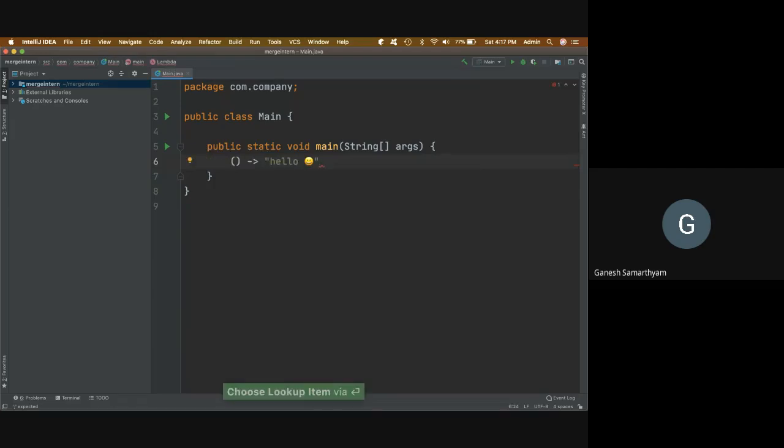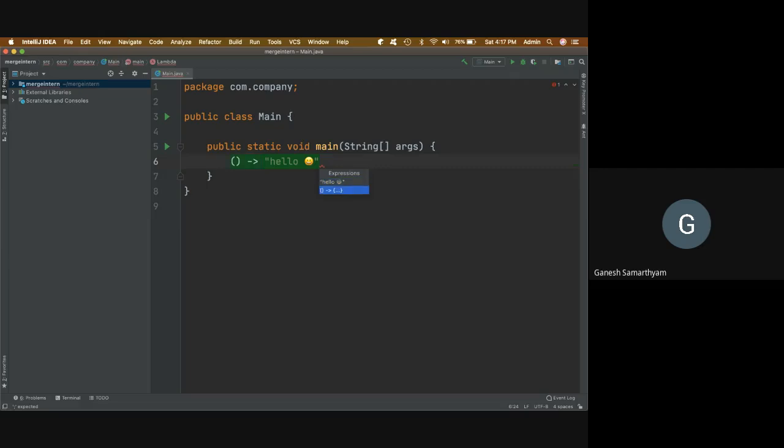Now, what is the way we create a variable? There are various ways to create a variable. The silly way is to type it like string something equal to. There are better ways than that. The first way is to type var, which is a postfix template. Now IntelliJ IDEA asks you for options: are you saying that this hello smiley should become a variable, or do you want the whole lambda to become a variable?